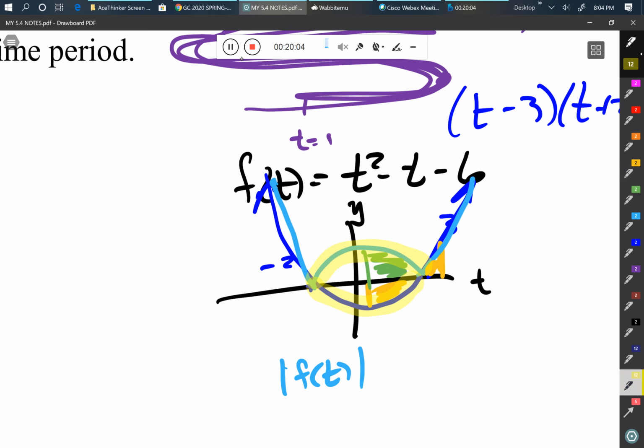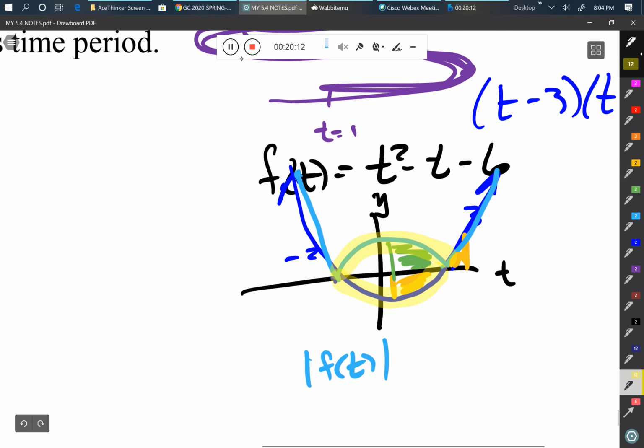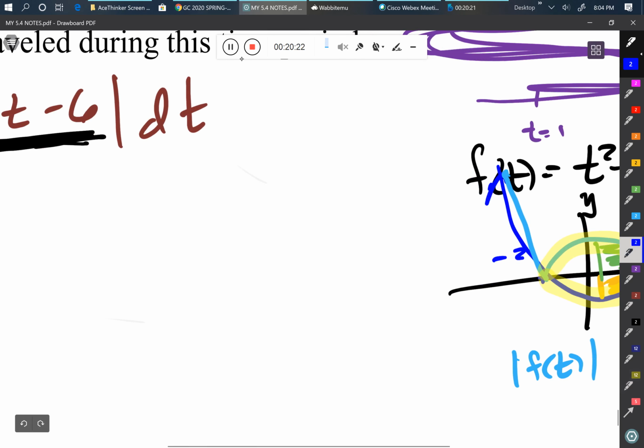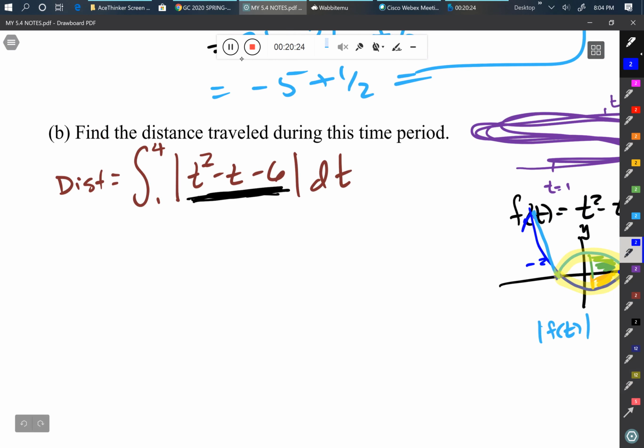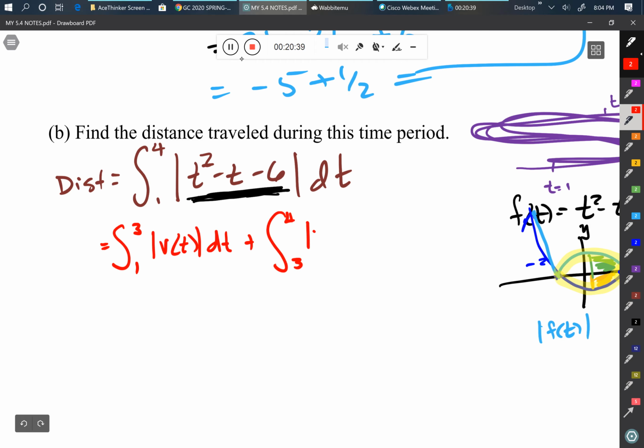Well, all I have to do to get this piece down here to flip up and become that piece up there is multiply that part of the function by a negative 1. And where do we say this intersection was again? Oh yeah, that's right. We said that happened at x or t equals 3. So I'm going to come over here and say, all right, let's rip this thing apart. Let's rewrite our distance traveled as the integral from 1 to 3 of the absolute value of v of t dt plus the integral from 3 to 4 of the absolute value of v of t